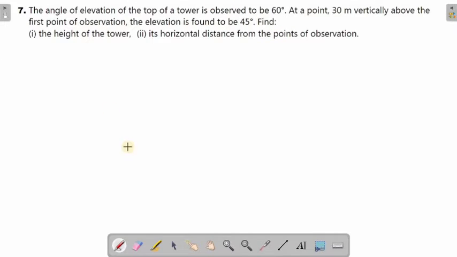Now understand the situation out here. It's a very difficult question to understand. So first and foremost, let's draw the ground as usual. Now the question is saying there is a tower, so let me draw the tower. So this is your tower. The question is saying the angle of elevation of the top of the tower is observed to be 60 degree. So suppose you are watching from this point, then the angle of elevation to the top, so this is the top, is given to be